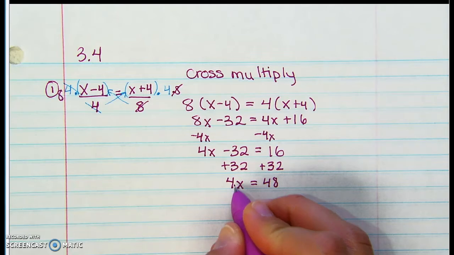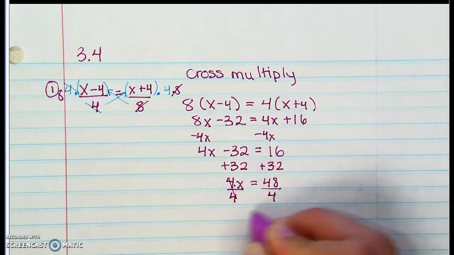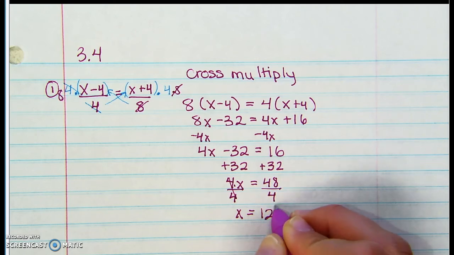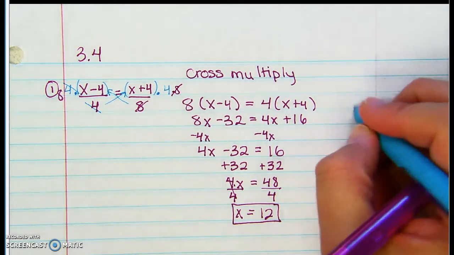And then divide, because the inverse operation of multiply is division. So we're going to divide. 4 goes into 4 one time, 4 goes into 8 twice, so x should equal 12. And we can check it